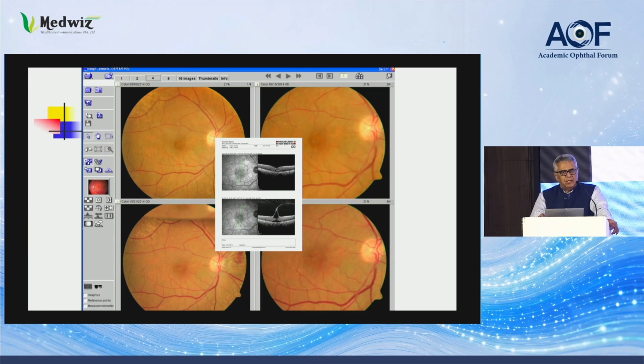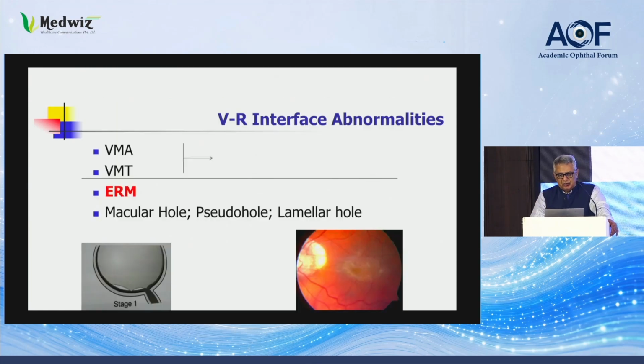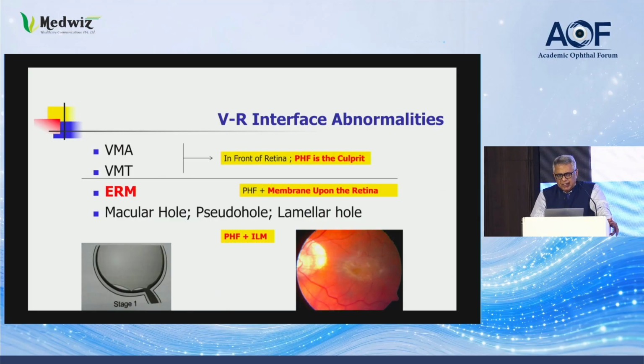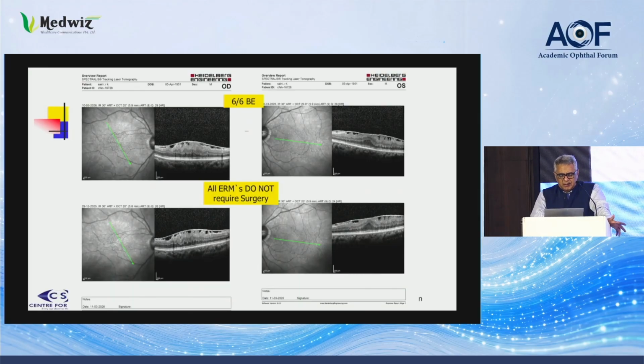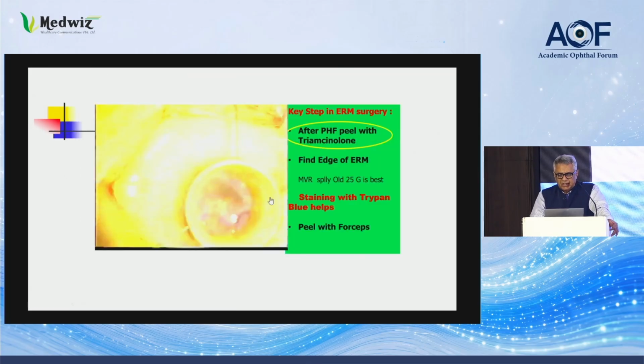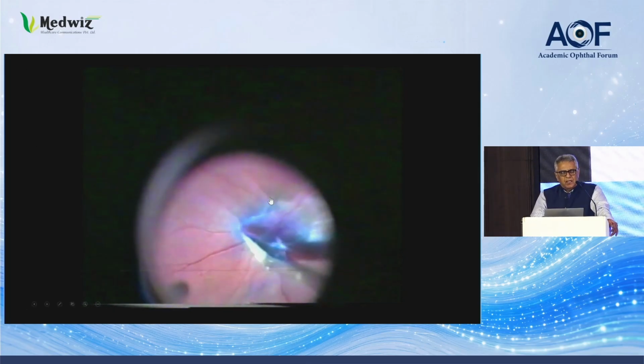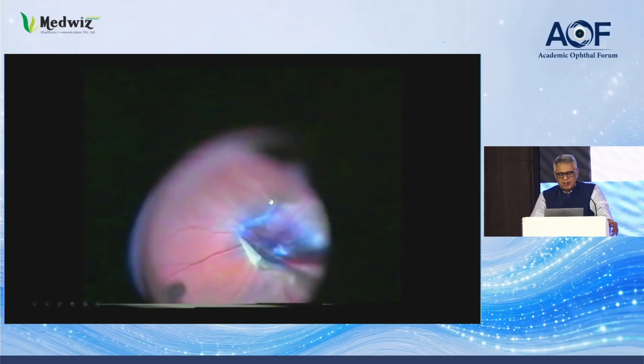Otherwise, sometimes you can end up creating an iatrogenic macular hole also. So the second membrane is epiretinal membrane, and as was being told by Dr. Tinku also, all epiretinal membranes don't require surgery. This patient, both eyes, right eye as well as left eye, has ERM, but both eyes are 6/6, and does not require surgery at all. So whenever you do surgery, after you take care of the core vitreous and detach the